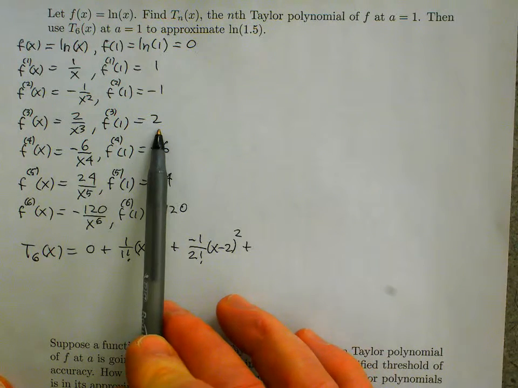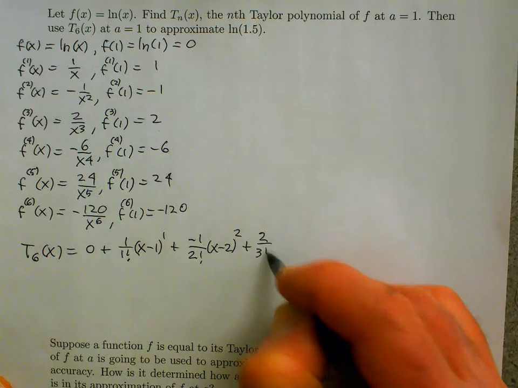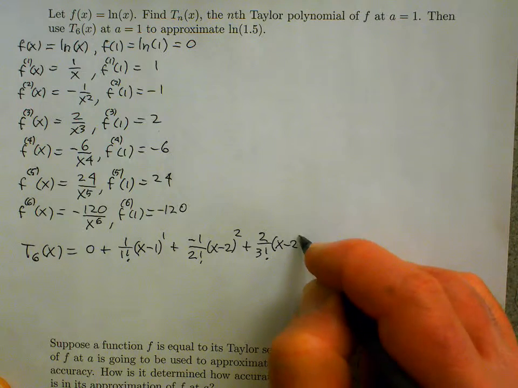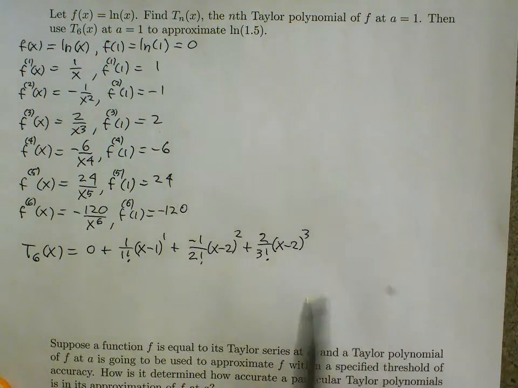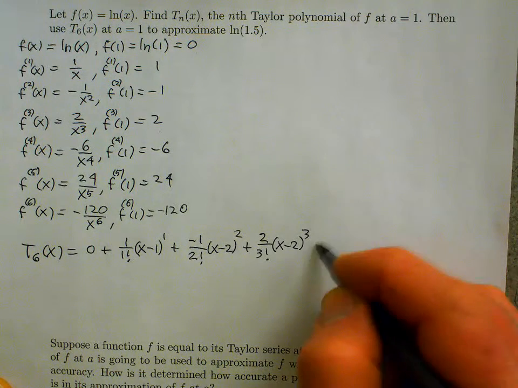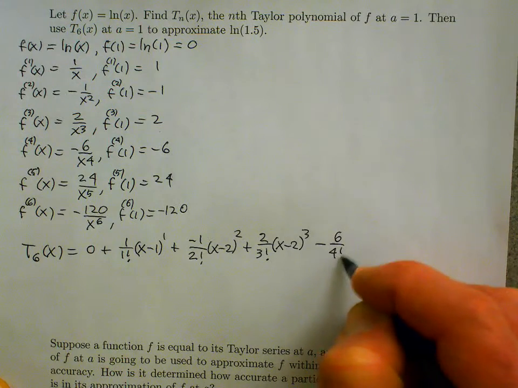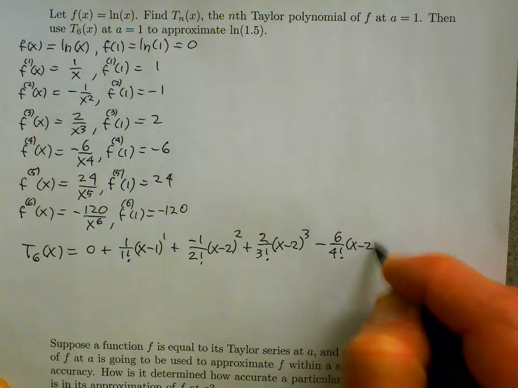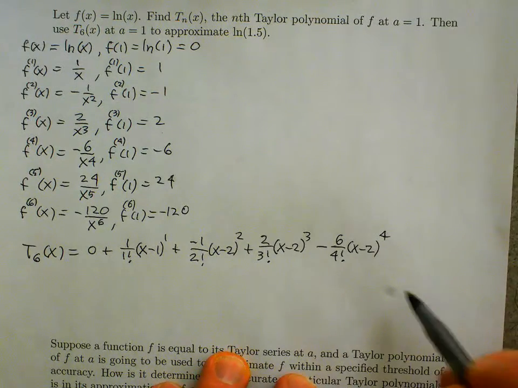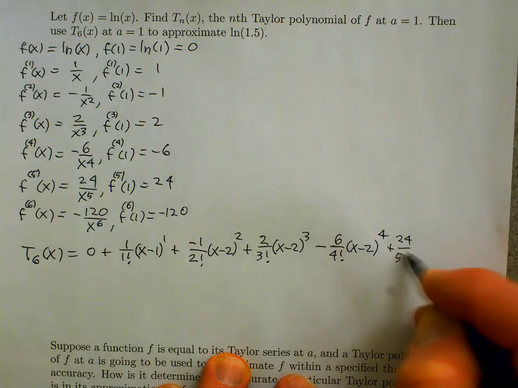Then the next term plus 2 over 3 factorial times x minus 2 to the third. And the fourth derivative is negative, so let's write minus 6 over 4 factorial times x minus 2 to the fourth. Then plus 24 over 5 factorial times,